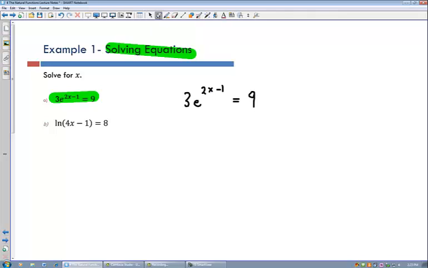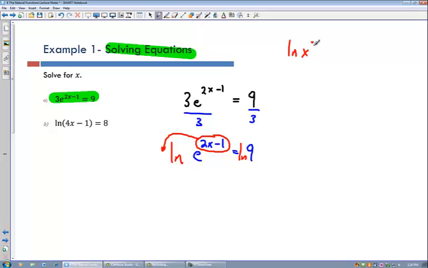So the first step is I can get rid of that 3 by dividing both sides since I'm multiplying. Remember, to solve an equation, you simply do the opposite, the inverse. So since I'm multiplying, I'll divide. And so I get e to the 2x minus 1 equals 3. And then the problem I have now is that my x is in the exponent. But that's no big deal because I can take out my ln function and ln both sides, and I know a property of ln's. This will come down, right? So if you have ln of x to the y, you know that's equal to y ln of x. And so I'm going to get 2x minus 1